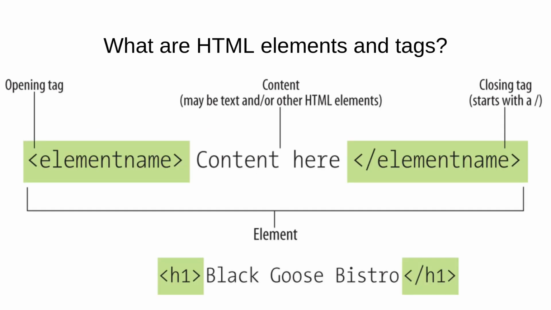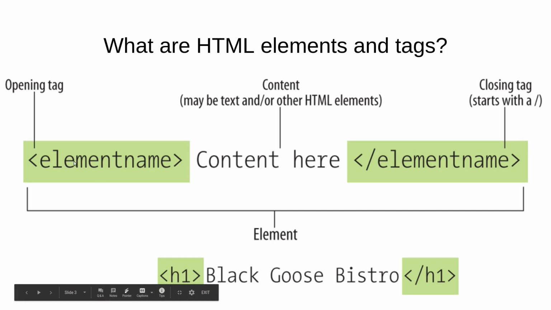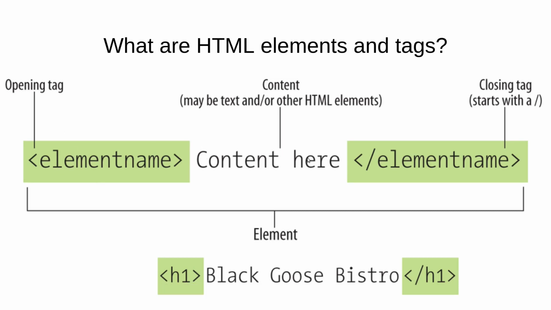So HTML contains what are referred to as elements, and elements are usually in this format. There is an opening tag at the beginning, and then there is content right after that opening tag, and then at the end of the content there is a closing tag. We already saw opening tags and closing tags in the demo video before, but let me explain once again. Opening tags start with a less than symbol, then have the name of the tag, and then end with a greater than symbol. So this collective thing is called an opening tag.